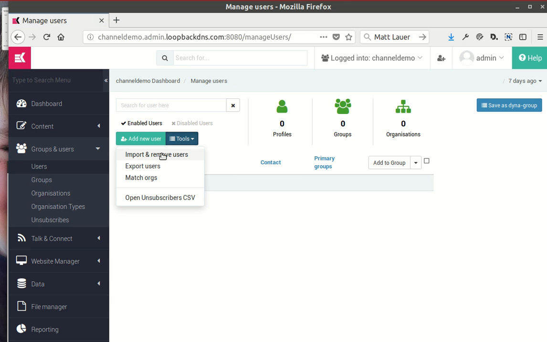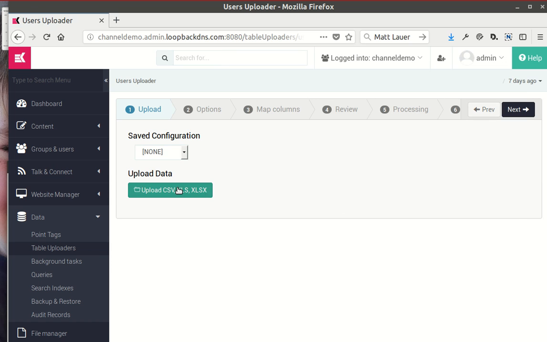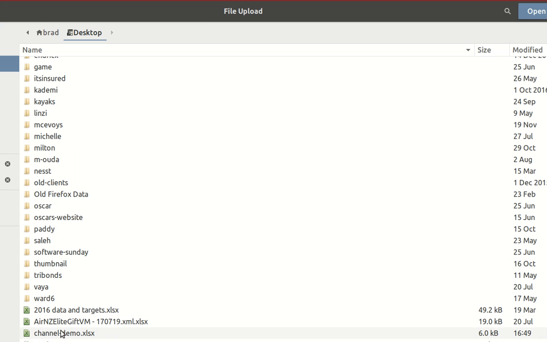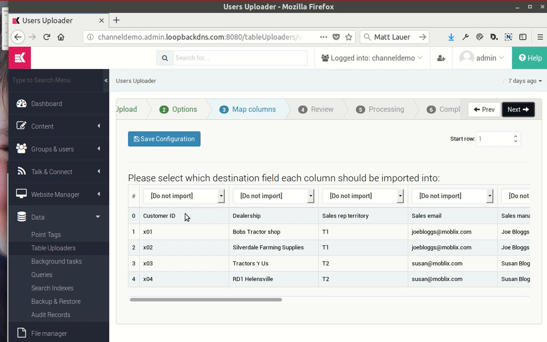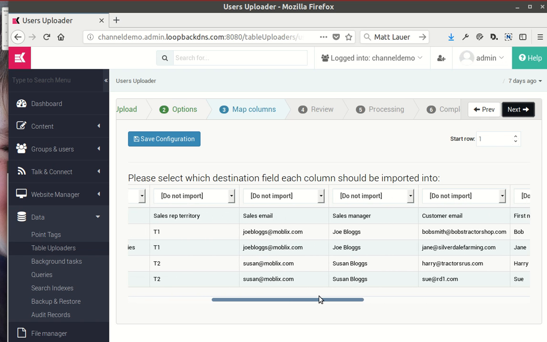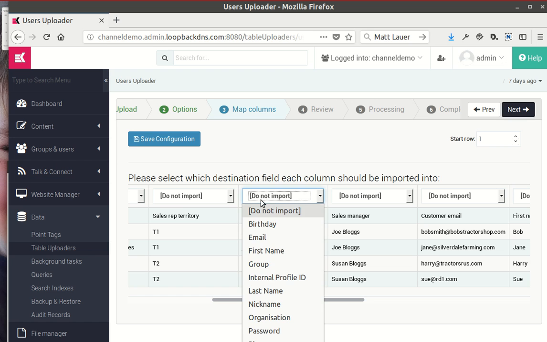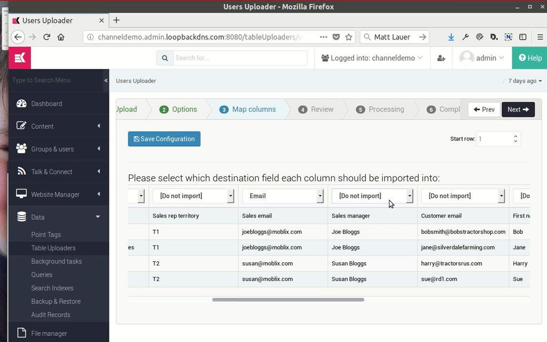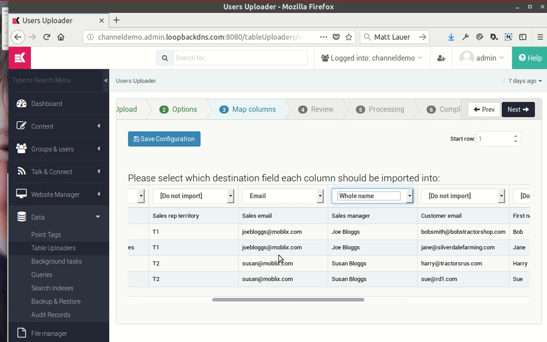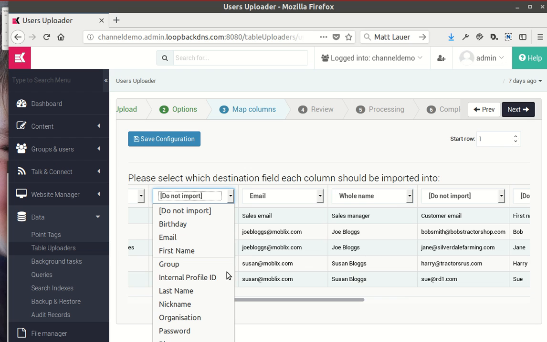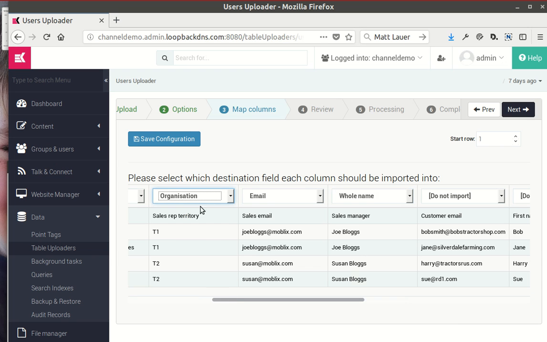Right. So what I'll do first is import the sales managers. So I'm going to choose the same spreadsheet again. Going to select the default group of sales manager, and I set up these groups previously, by the way. So in this case we want to import the sales manager. Alright, so that's going to be the user's email address, and in this case I've got the whole name in one column rather than split out into first name and surname, so I've got a field called whole name for that. Now I need to choose the organization that this user is going to be put into. So I just use the organization column,